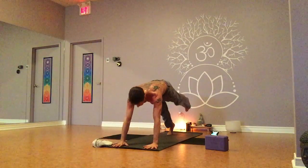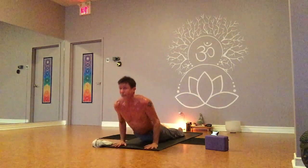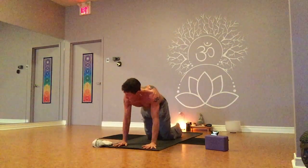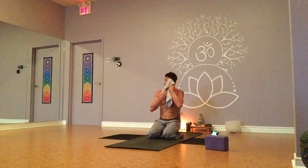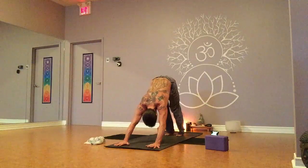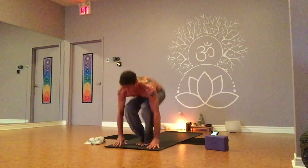Left foot back. Option to hover, lower, chaturanga, inhale, upward dog. And exhale, downward dog. Deep breaths in your downward dog. Inhale, stretch the spine, let the head fall towards the floor. Exhale, press the hands, push the hips back. One more breath. Next inhale, look forward, bend your knees, and step or jump back to the front of your